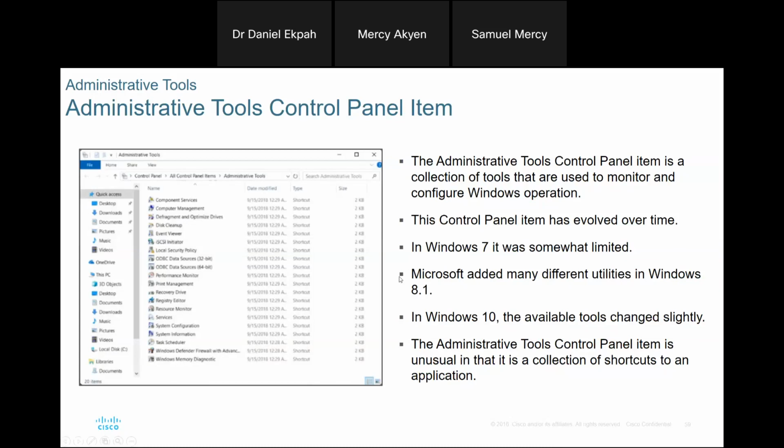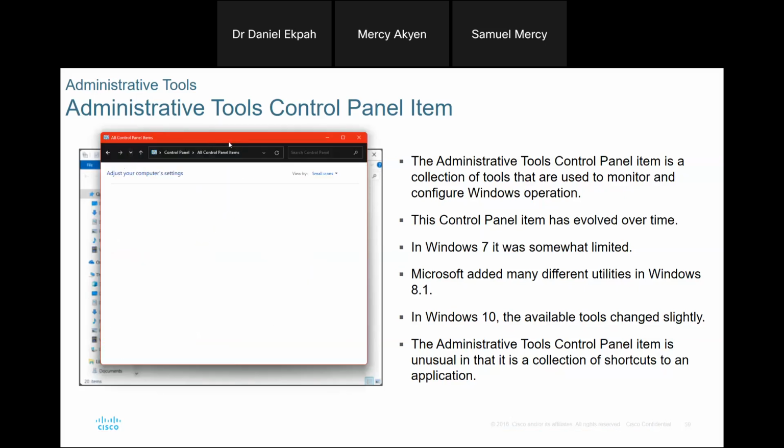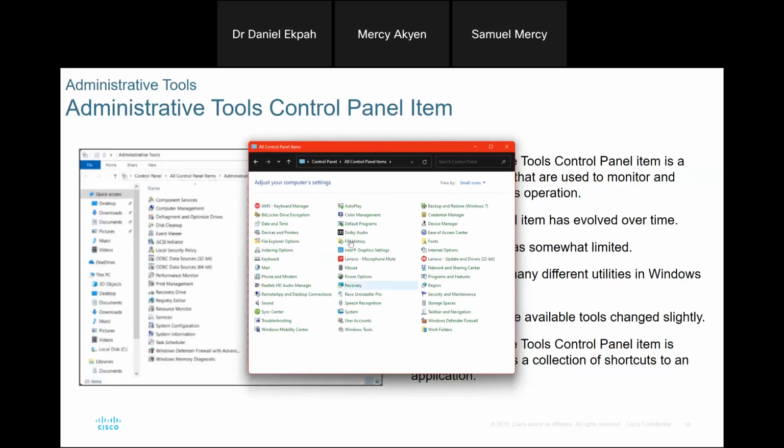Like the registry editor, some applications like antiviruses come with registries, and sometimes when you install them, they are not going to install because the registries are still there. So you can come to the registry editor to edit them. If you want to locate this, you can go back to your control panel home and go to the administrative